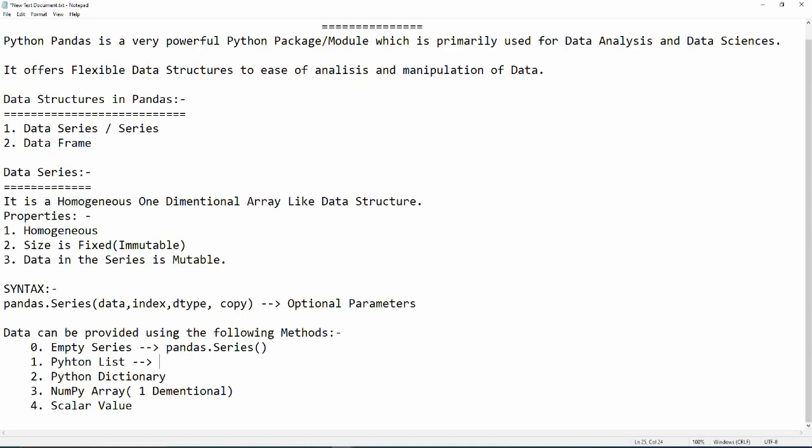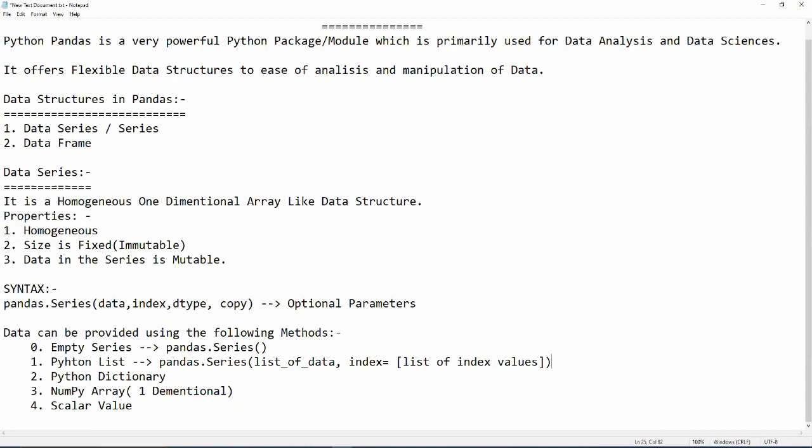For using a Python list to initialize the data of the pandas series, the syntax is pandas dot Series, then we provide the list of data, and then we provide the index. That is also a list of index values, and that can be anything, integers, strings, or anything, right?